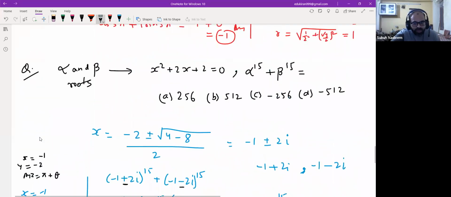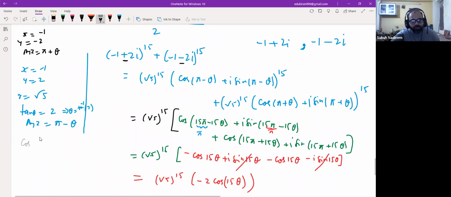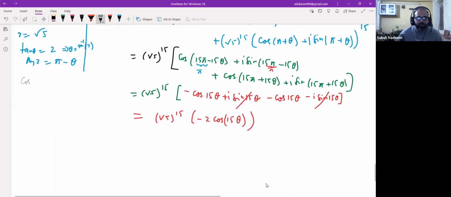The options are given like this. Okay. Now cos 15 theta, if you have to find, yeah, one thing you can do here. Cos 15 theta is actually